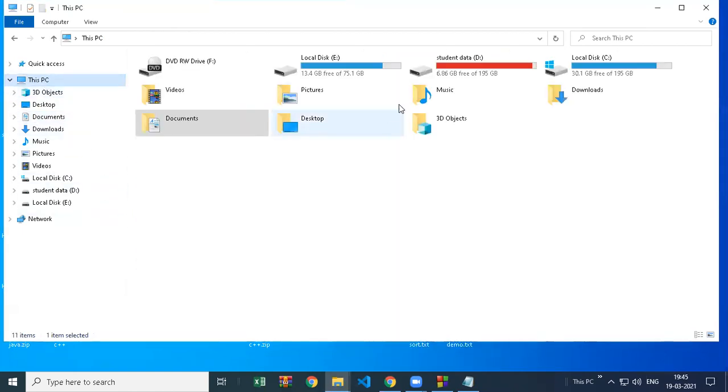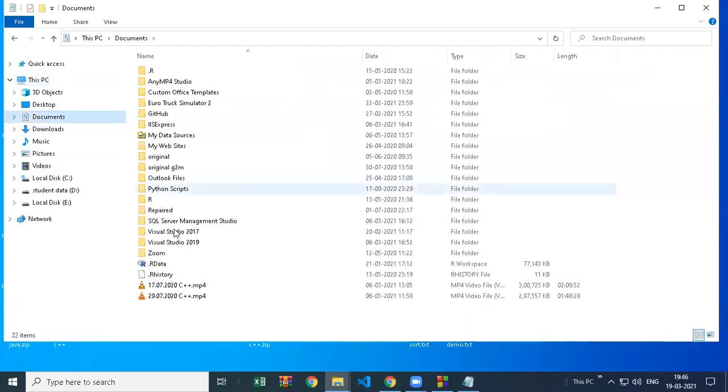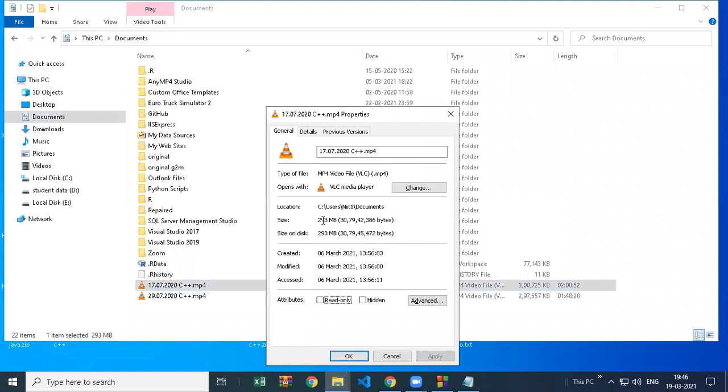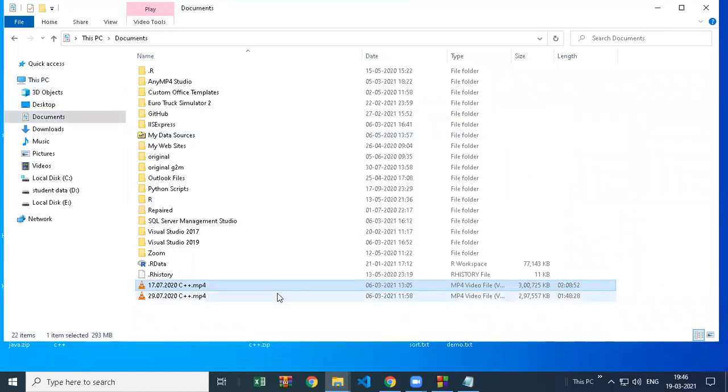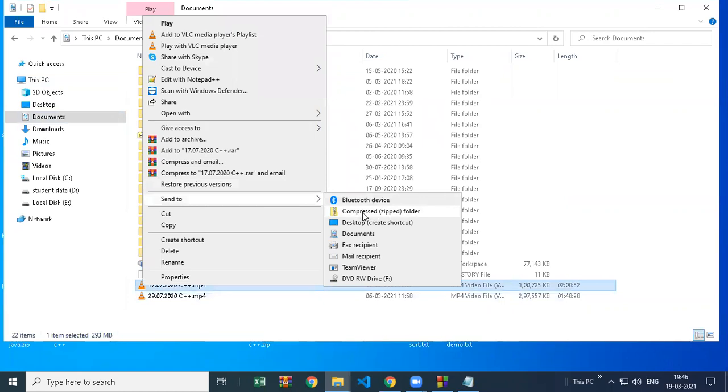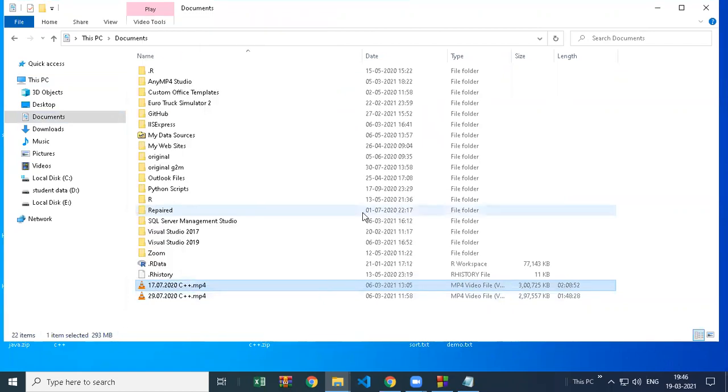But in my PC, I have less storage remaining now. I want to keep the recording, I don't want to delete it, but I want to decrease the storage. So what I can do is right click on that MP4 file. See the size, first 293. And now when I right click and send to zip, if I make it a zip file,